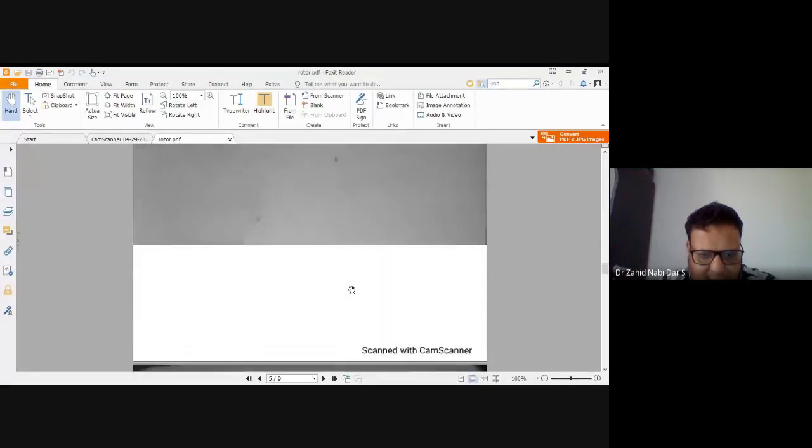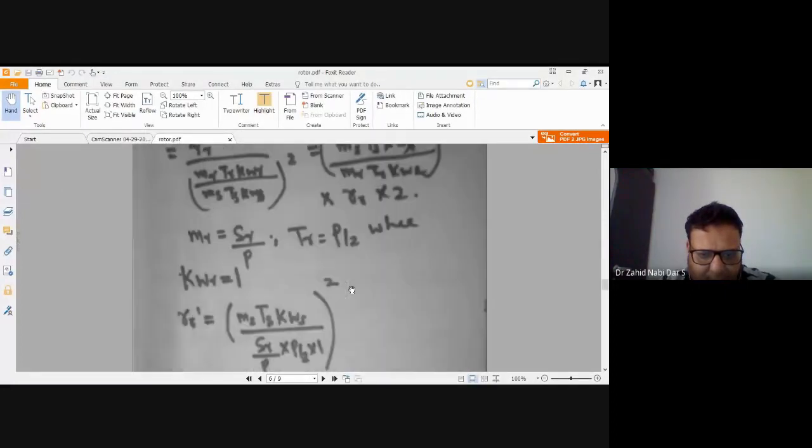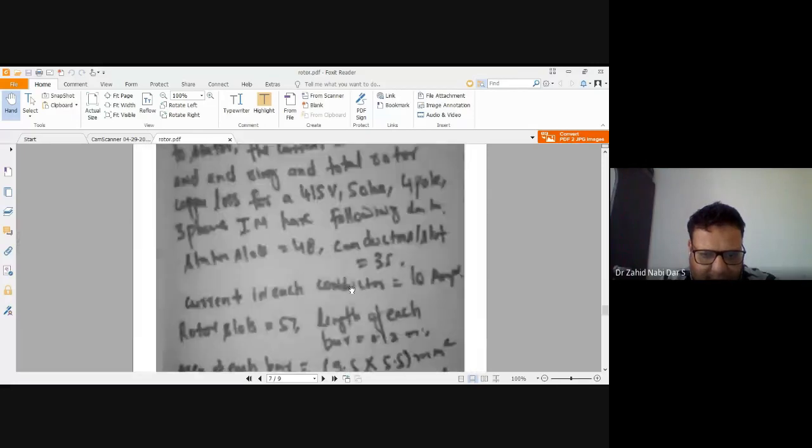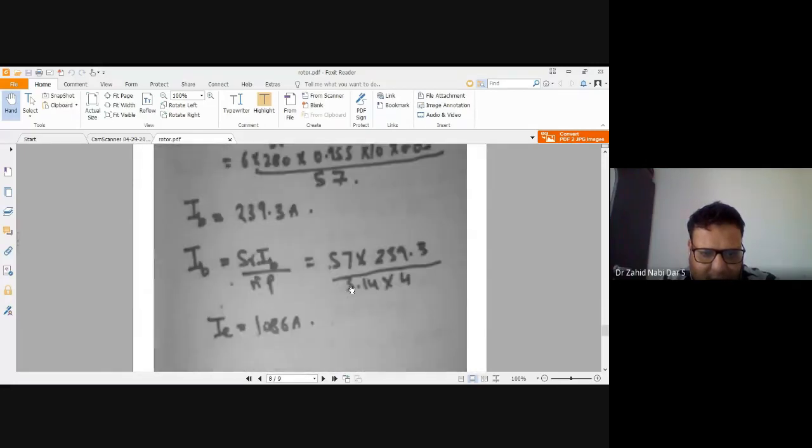We'll go to the numerical part. Here, the same thing: IE is SR IB pi by P. The SR value is given as 57. IB we just now calculated as 239.3. Pi is 3.14, into 4. So you get your IE value as